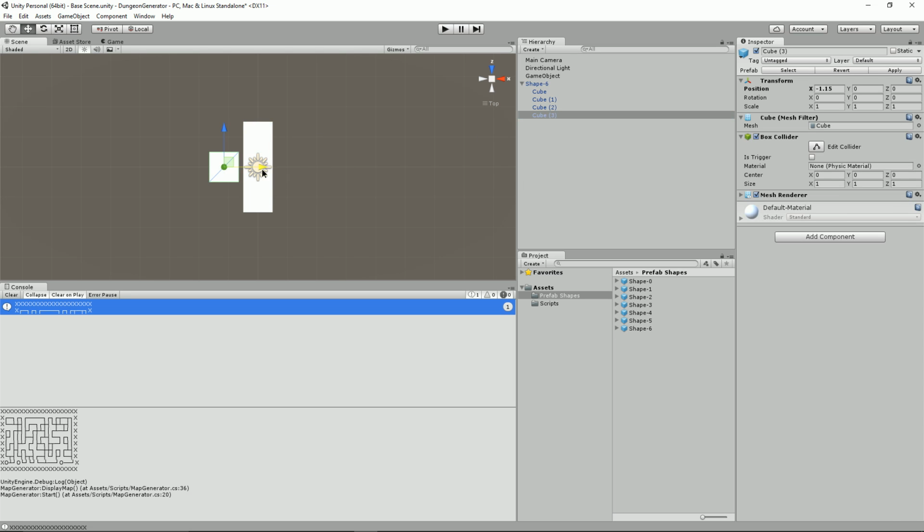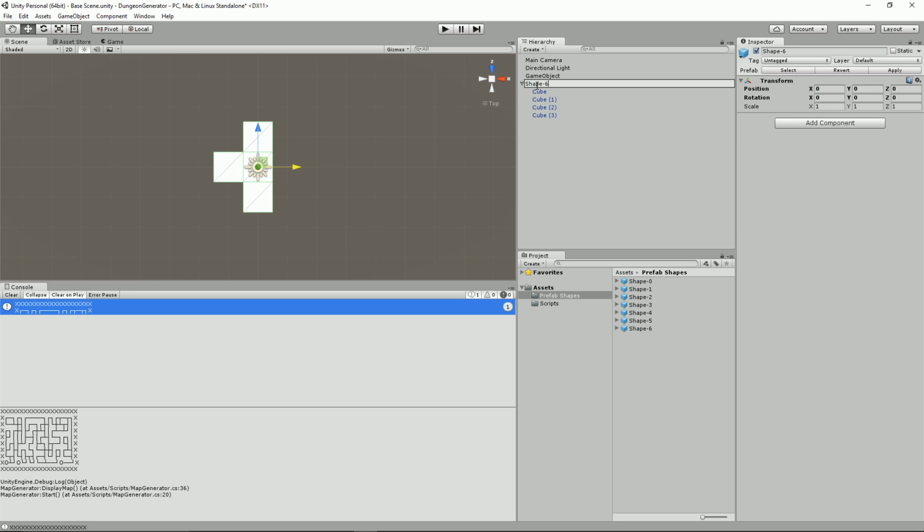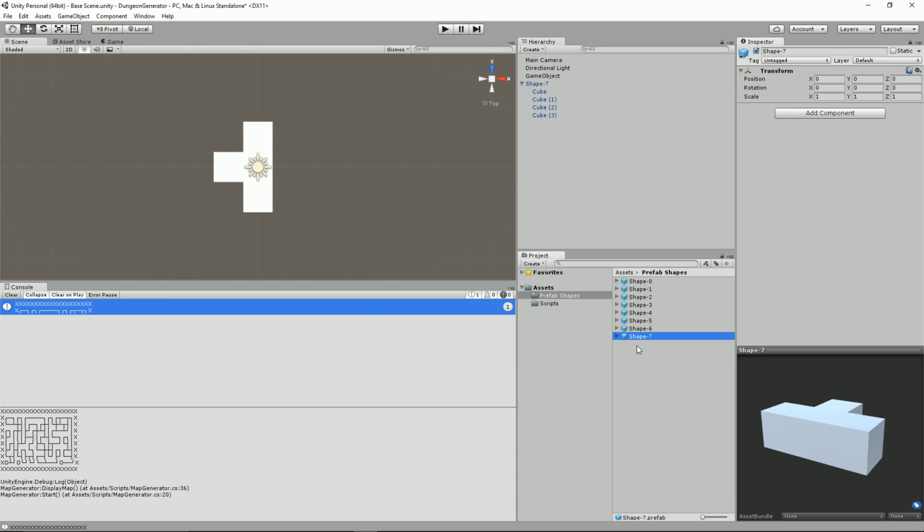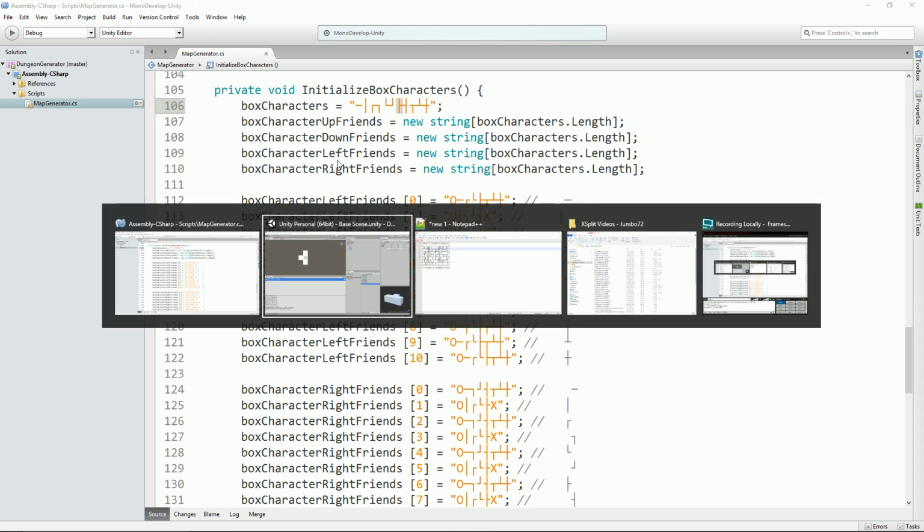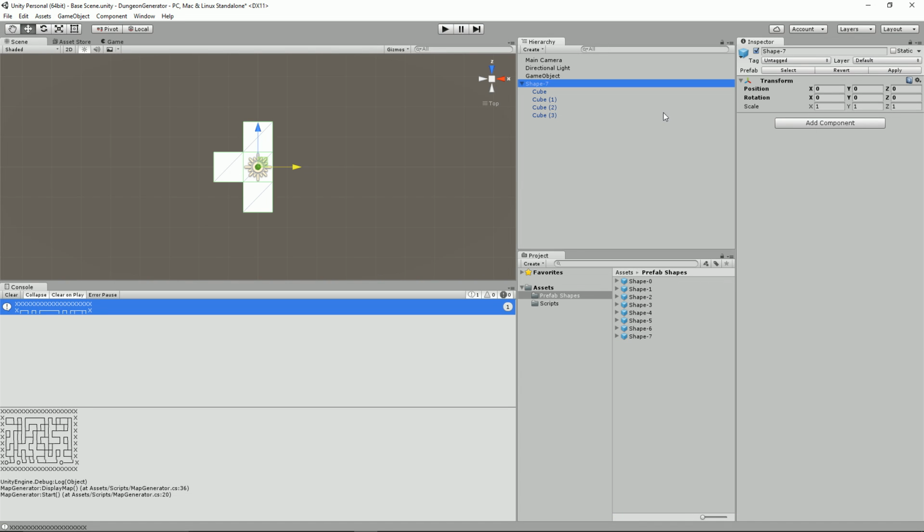Grab that cube there and do it on -1. Call that shape 7. And then drag that in. How close are we? We've got to be nearly done, haven't we? That's the 2T. Oh, we've got the up and the down T,